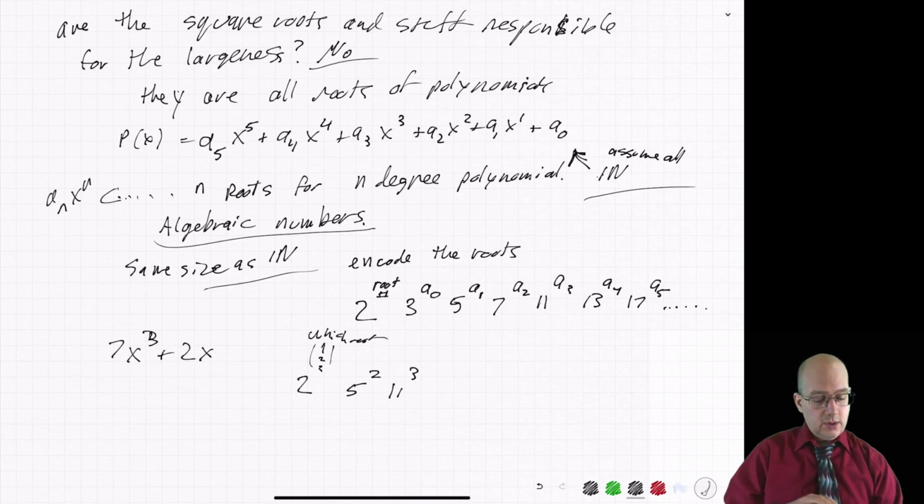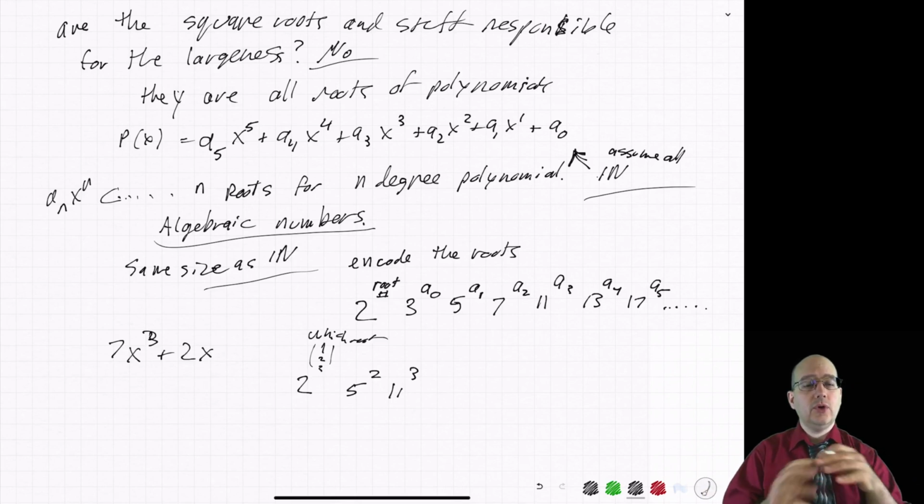So 5 squared times 11 cubed, and then times either 2, 4, or 8 would tell me which root I'm talking about. And so I can completely encode every single solution of the integer coefficient polynomials with this